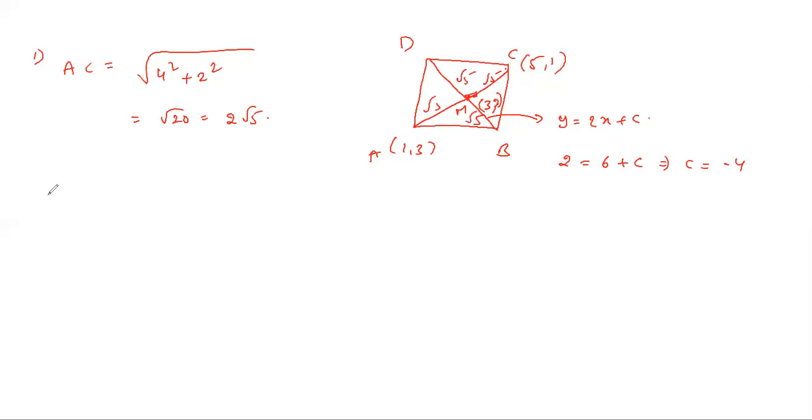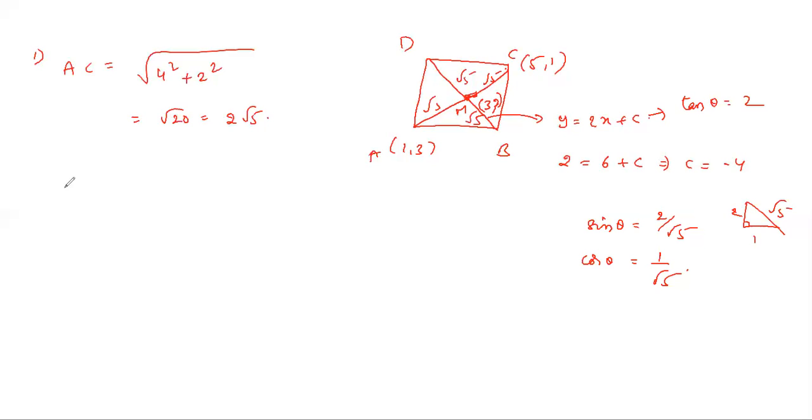So see here, the midpoint we know is (3, 2). From this point there are 2 points which are at a distance of root 5 units on the line y = 2x + c. For y = 2x + c, the slope, you know, tan theta value is 2. So if tan theta is 2, what is the sin theta value? What is the cos theta value? Positive means all positive only. So sin theta is 2 by root 5 and cos theta is 1 by root 5, correct? If tan theta is 2, this is 1, this is root 5. So sin theta is 2 by root 5, cos theta is 1 by root 5.